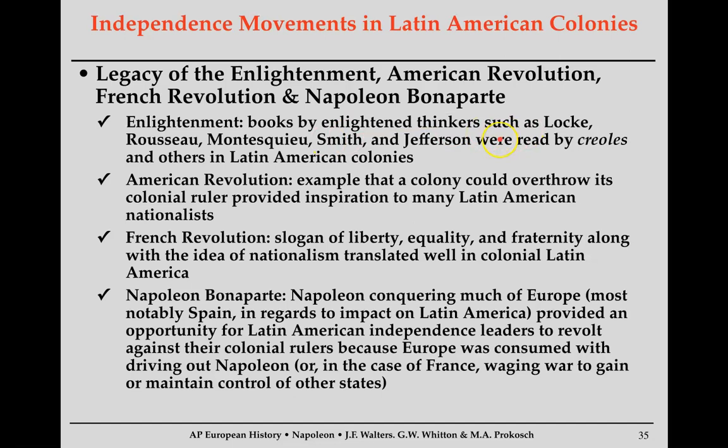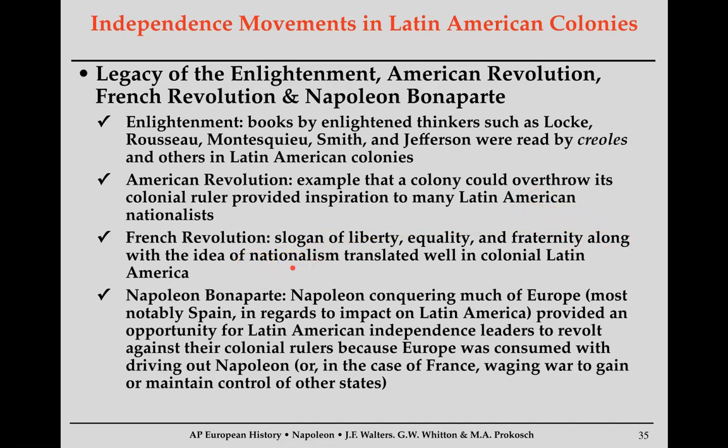Toussaint Louverture in Haiti, he was taught how to read and write. He was reading John Locke. The Creoles, who are going to be largely responsible for the independence of other areas of Latin America, they were devout followers of the Enlightenment. So again, we see that clear connection, the Enlightenment to further revolution. Same thing with the American Revolution. The American Revolution served as an example that the Western Hemisphere can, in fact, rebel against their colonial occupiers. Same thing with the French Revolution. The French successfully overthrew their own regime. They're going to use the ideas of liberty, equality, and fraternity, and that connects to their own version of nationalism.